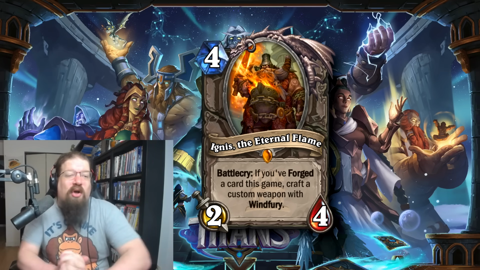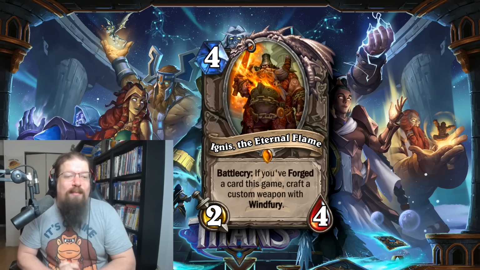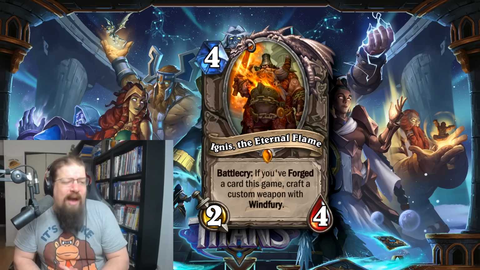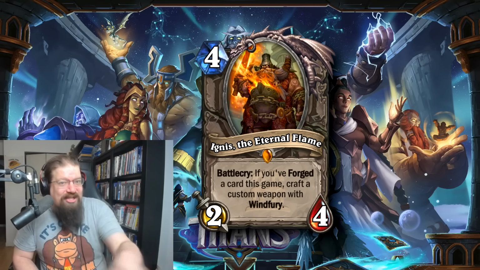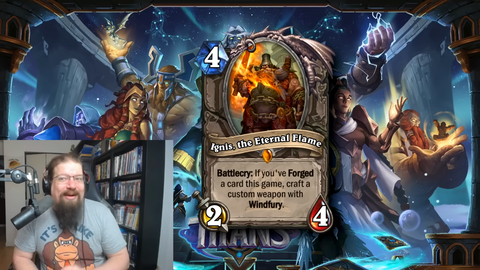We have Ignis the Eternal Flame, one of the coolest cards of the latest expansion, Titans, Battlecry. If you forged a card this game, you craft a custom weapon with Wind Fury. But you know what? When I play, I don't get Wind Fury and I concede. It's like Wind Fury is literally the only option you ever take. Except, of course, that 1 mana Poisonous Death Rattle sometimes clears the board, but really, you want Wind Fury and